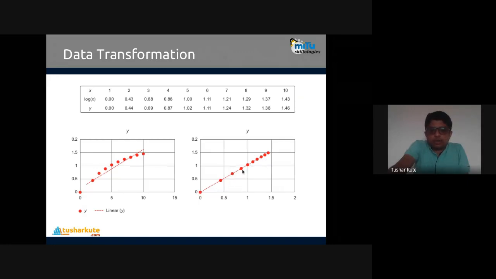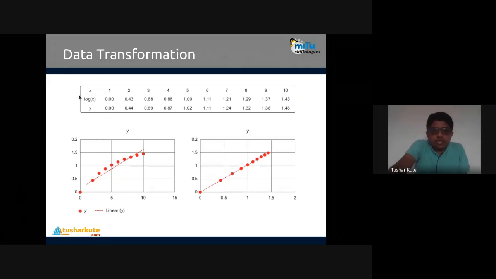Now I want to convert that data to get matched with a line. The original data that we have looks something like this, but I want this data to be on the line. So I can apply some function, a transformation function, and the data will transform from that shape to another format. I am applying a log of x function here.